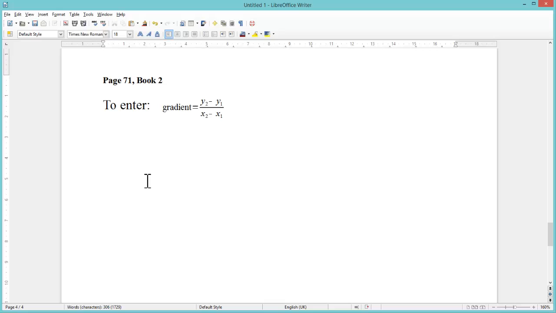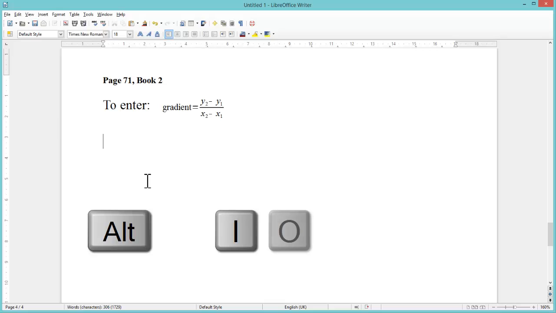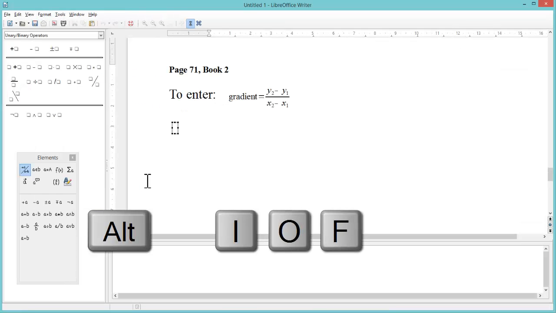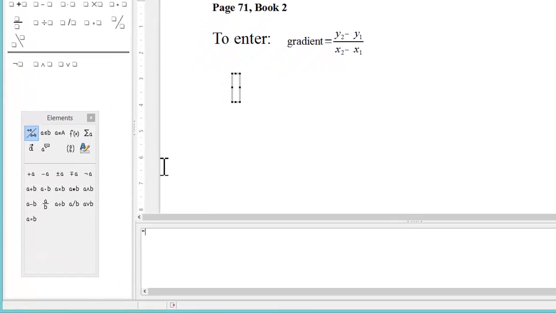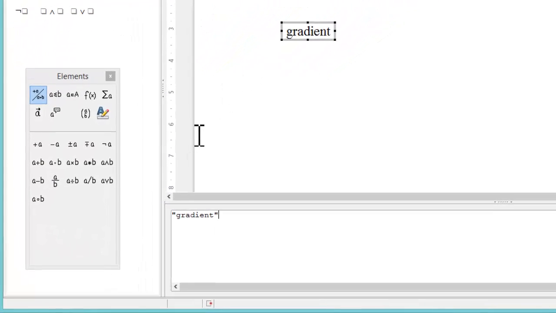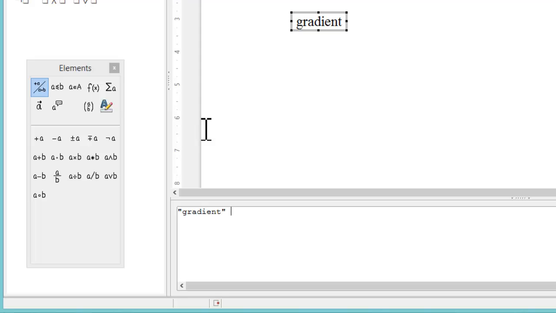Once again, to open the equation editor, I'm going to press the Alt key followed by the I, O and F keys. That's opened up the equation editor as you see here. I'm now going to put the word gradient in inverted commas. The reason that's in inverted commas is to actually render it as normal text. If it was left without the inverted commas, it would appear in italics like the rest of the formula. Then space, equal sign, another space. Now opening up a curly bracket,